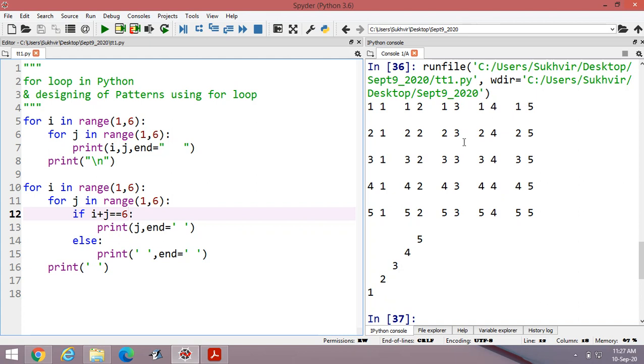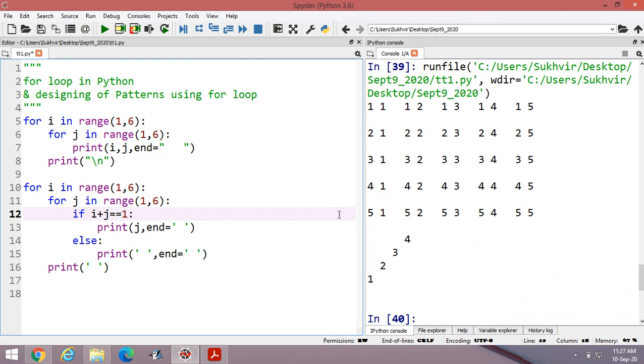You can display these values. If I am writing i here, you can print the value of i. These are the values 1, 2, 3, 4, 5. These are the values of i. If you have to print j, then you can print the value of j. These are the values 5, 4, 3, 2, 1. Suppose I am writing 5 here. It means I can display accordingly. These are the values 4, 3, 2, and 1. According to your choice, you can display the content.